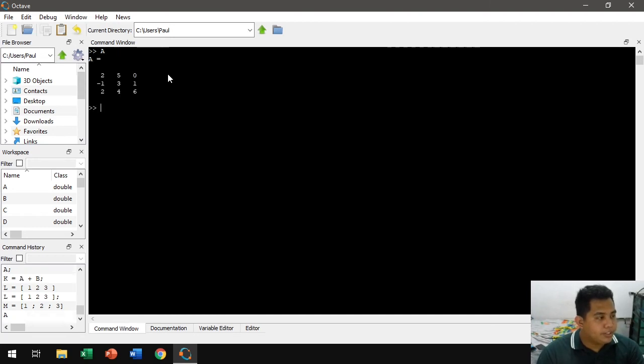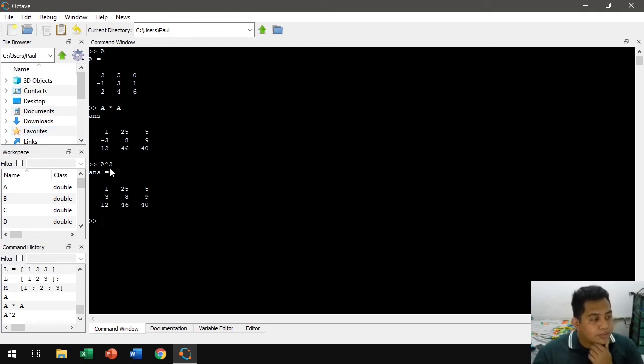Let's display the matrix A. Here is our matrix A. Let's try A times A. So, this is our A times A. Let's try A raised to 2, A squared. Same answer. So I was right earlier that the power operator is matrix multiplication.